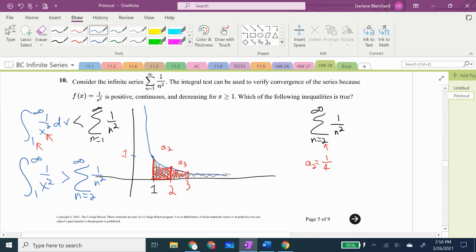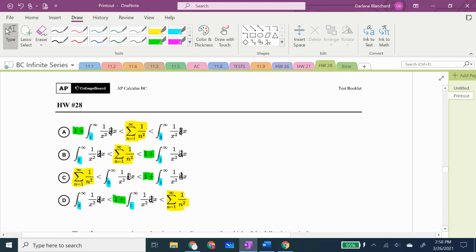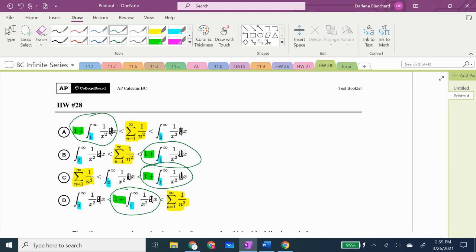But if I look at the various inequalities that I have in here, that isn't exactly the way things are. So I need to look at, I've got a whole bunch of stuff where it's 1 plus the integral from 1 to infinity. And I need to look at that inequality with my sigma, because